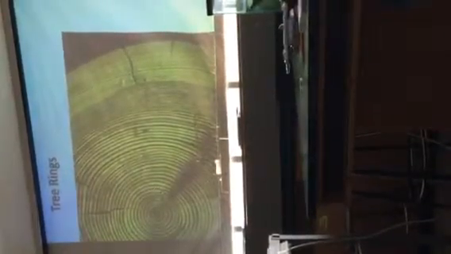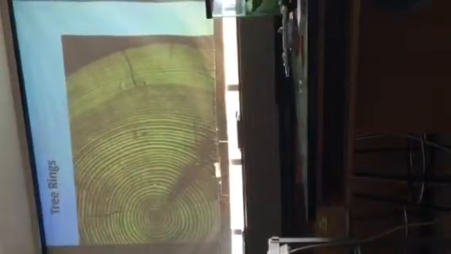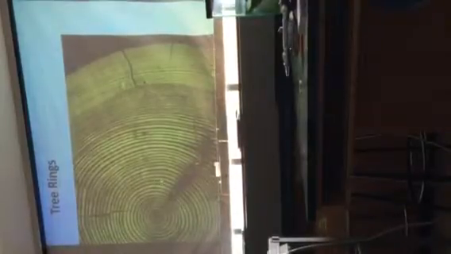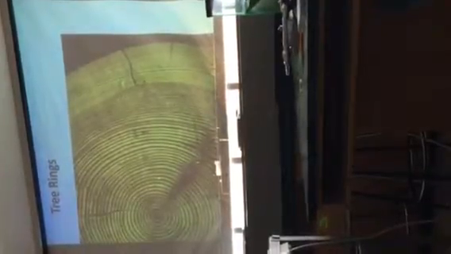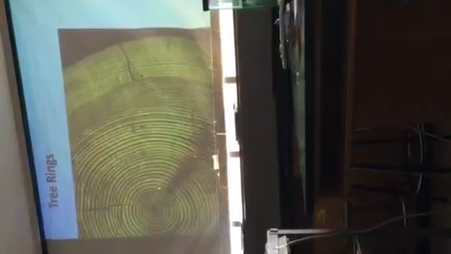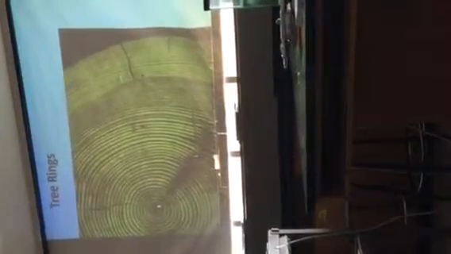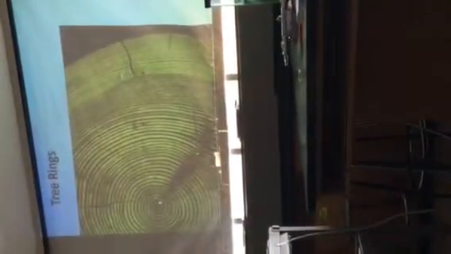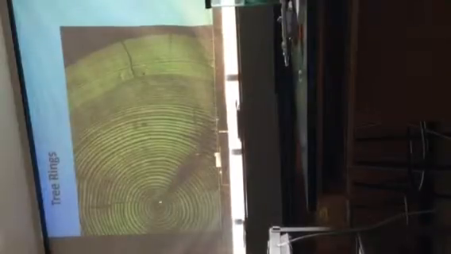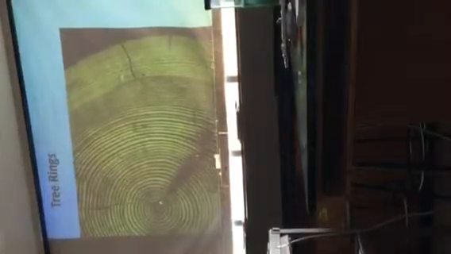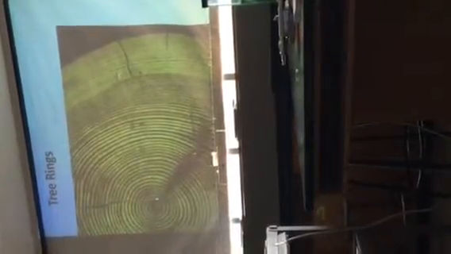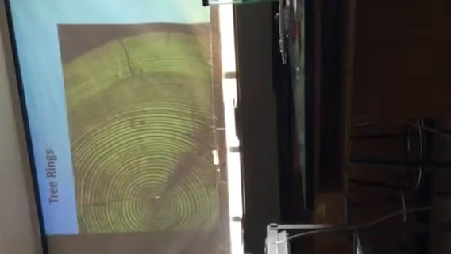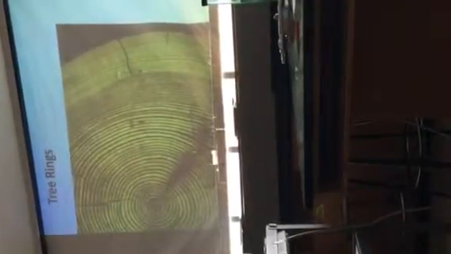What are tree rings? This is a picture of a tree that got cut down. And you see how every year there's like a stripe on the trunk of this tree? Those are called tree rings. And what happens is every single year, trees grow, they grow more in the spring when they get lots of rain. And then they slow down and they protect themselves in the winter when it's colder and they have to hunker down and make it through the winter.